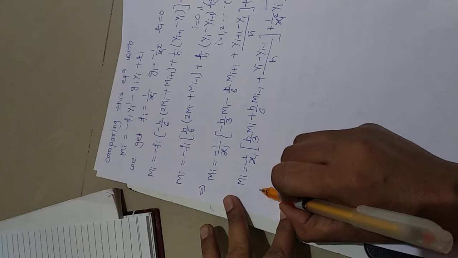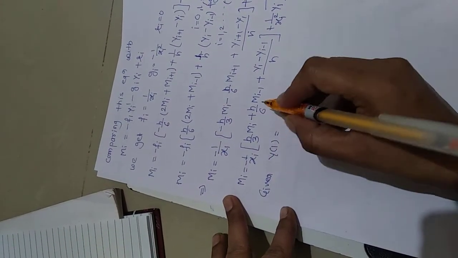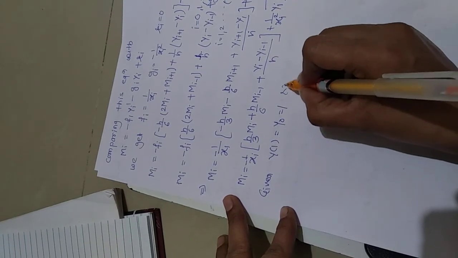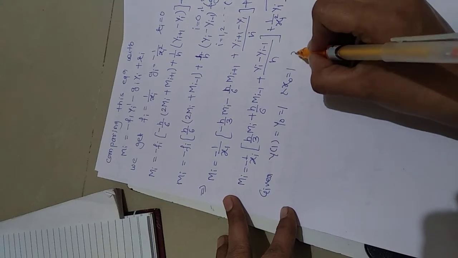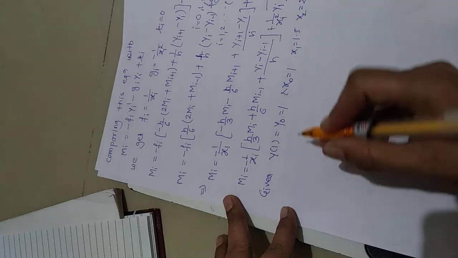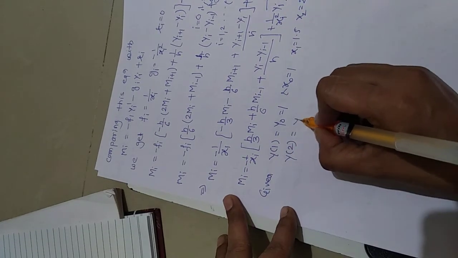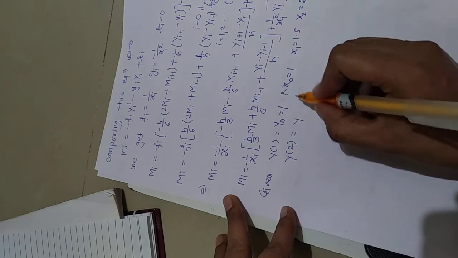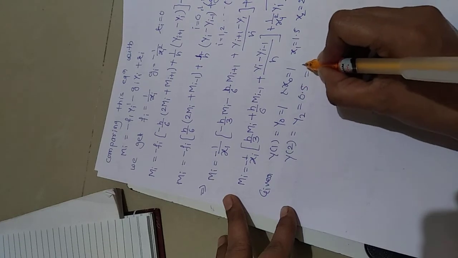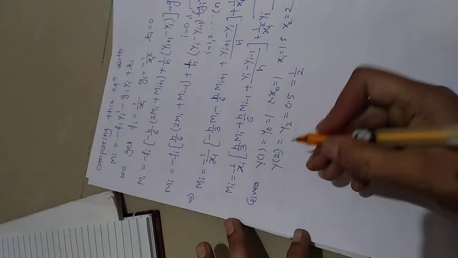Here it is given that y of 1 is equal to y of 0 is equal to 1, and x0 is equal to 1, x1 is equal to 1.5 and x2 is equal to 2, and we know y of 2 is equal to y2 is equal to 0.5, which means 1 by 2. Now we determine